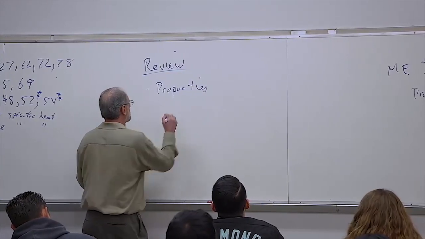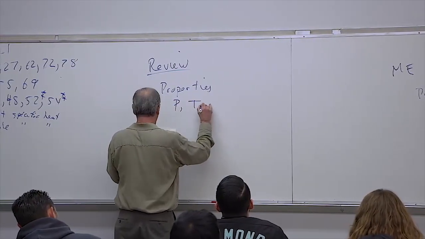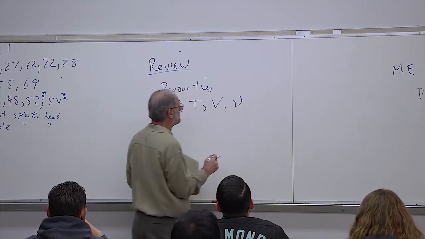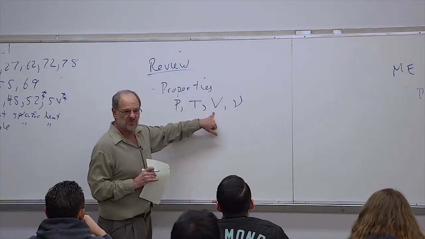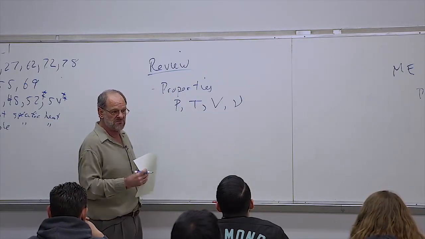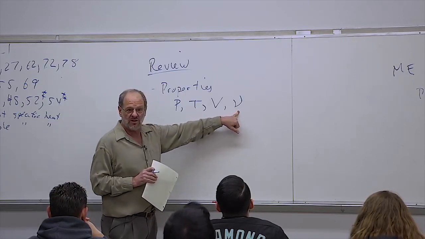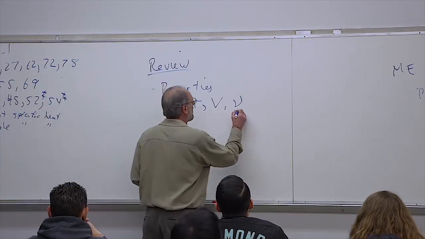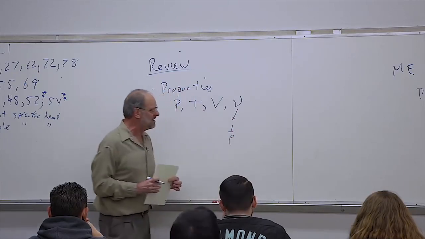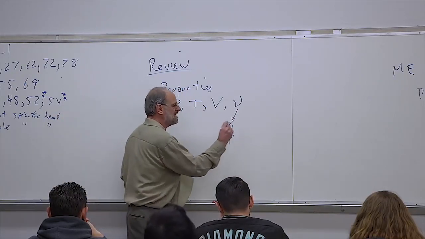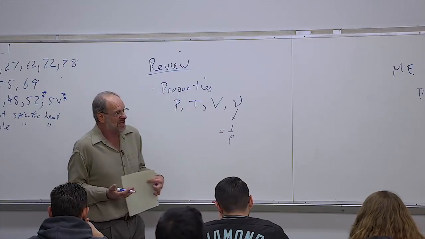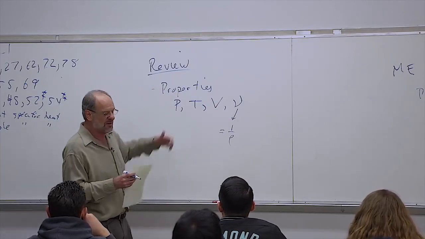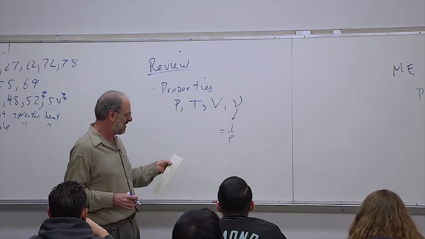So the properties that are of interest to us typically will be pressure, temperature, volume. There's also going to be specific volume. Please note that I'm trying to show a difference between the capital letter V, which would be the total volume, units of cubic meters, versus the specific volume, which is cubic meters per kilogram, right? Note that the specific volume is just the inverse of the density, but we're rarely going to use density. The density is certainly an important parameter, but in thermodynamics, we always use the inverse of density, right? We use specific volume. So I'm rarely going to even discuss density, but I will always talk about specific volume.